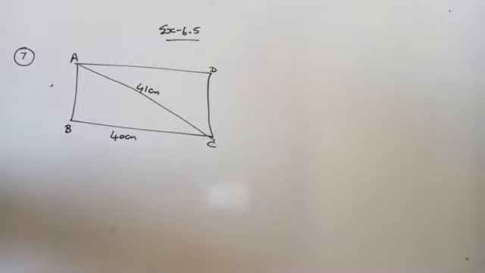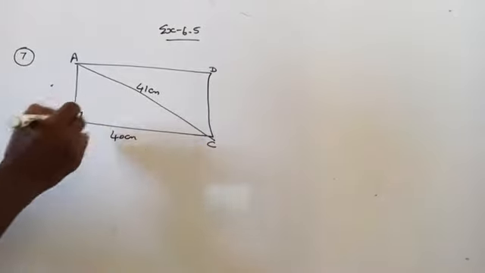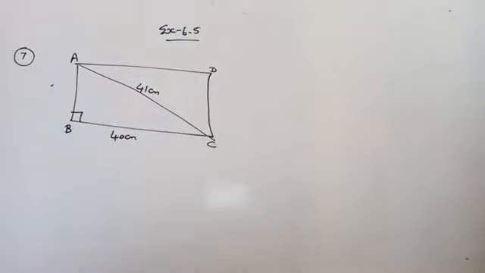And then one more thing. Each angle is 90 degree in a rectangle. In a square also each angle is 90 degree, but in a square all sides are equal. Okay, now come to the point.